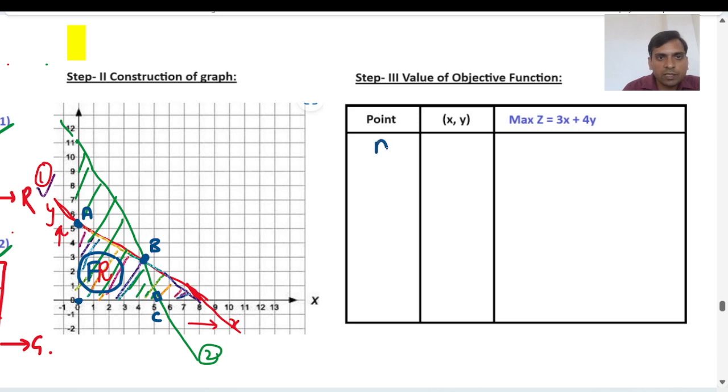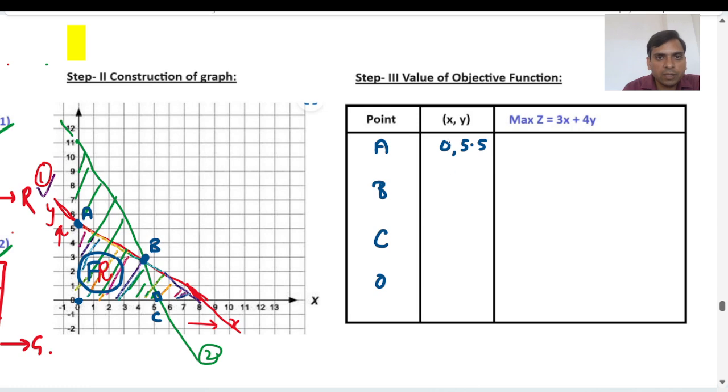So first point is A, second point is B, and third point is C. And this is the origin. We can write this origin also, but if we put the value at origin, we will always get 0. So for point A, the coordinate of this point A is 0,